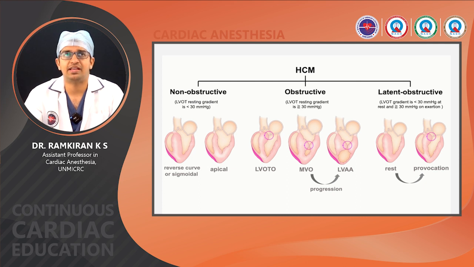HOCM is basically non-obstructive, obstructive or latent obstructive. Non-obstructive is where the LVOT resting gradient is less than 30 mm Hg. Obstructive is where the LVOT resting gradient is more than 30 mm Hg, and latent obstruction is where the LVOT gradient at rest is less than 30 mm Hg, but on exertion or provocation the gradient increases to more than 30 mm Hg. So basically the patients with obstructive or latent obstructive HOCM come for surgical